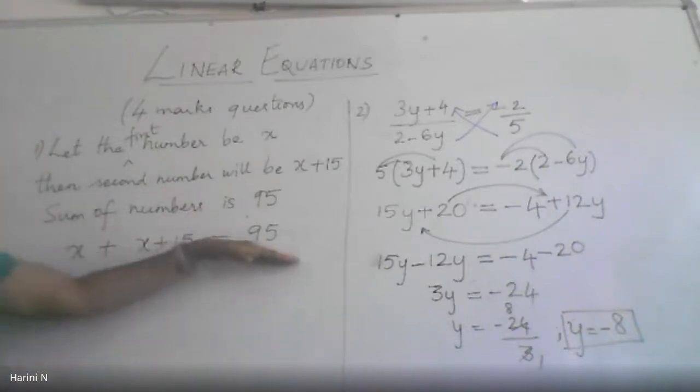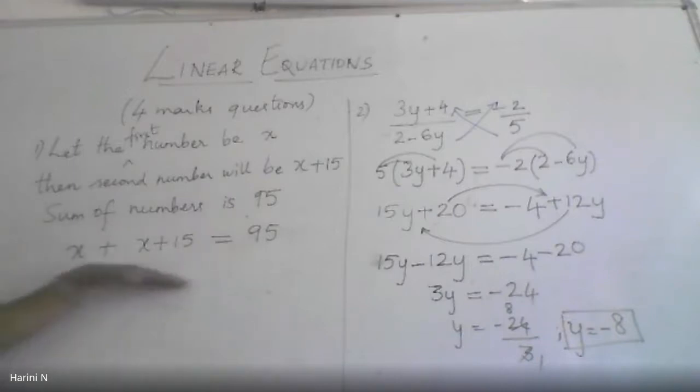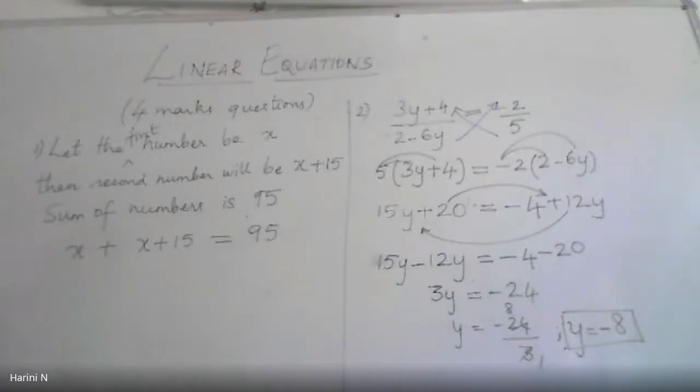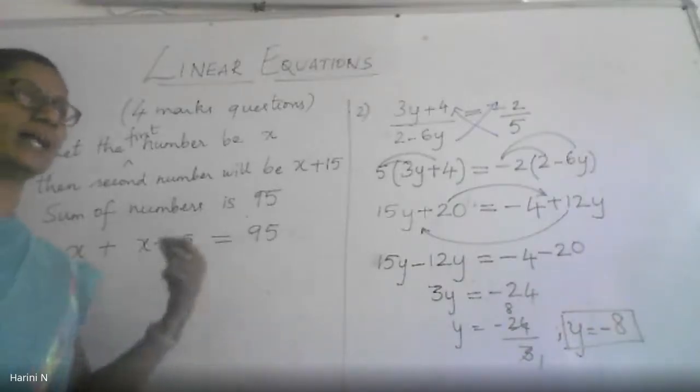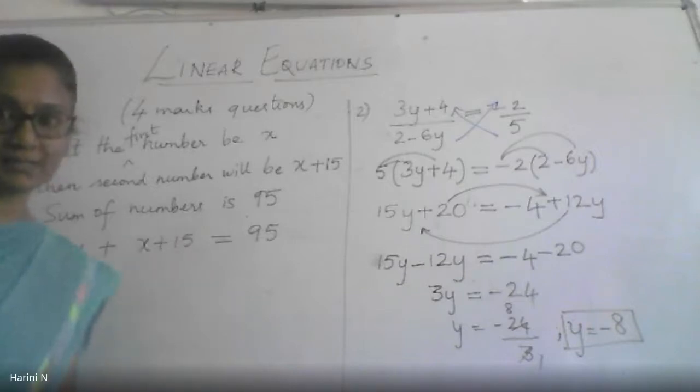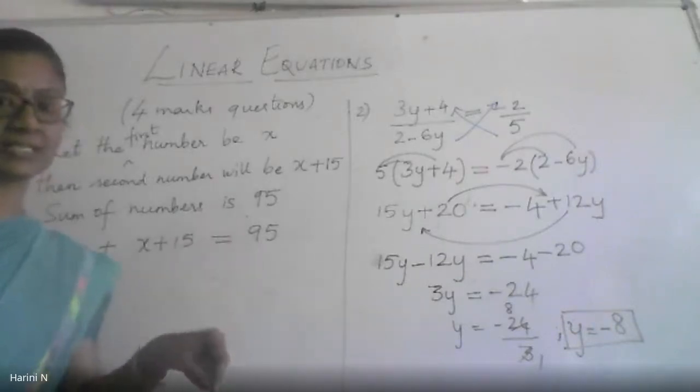So I got my linear equation. Can you see a linear equation is formed here? Using all the situation given to me. So what happened? Now can you solve this equation? It is x plus x. What is x plus x? 2x. Not x square. No, ma'am. Then when do you get x square? Ma'am, x into x. Yes, there is a difference in adding two variables and multiplying them. If you add x with x, you get 2x. But if you multiply x with x, you will get x square.